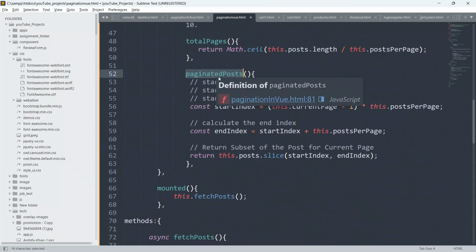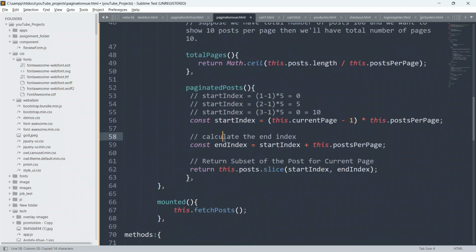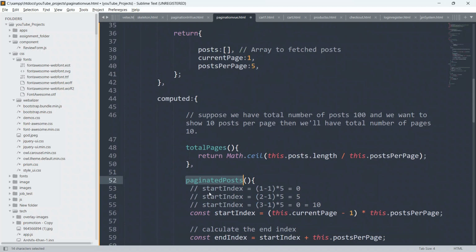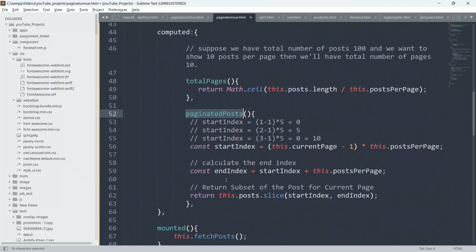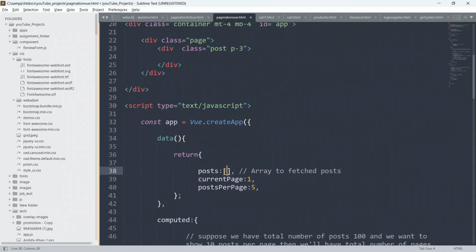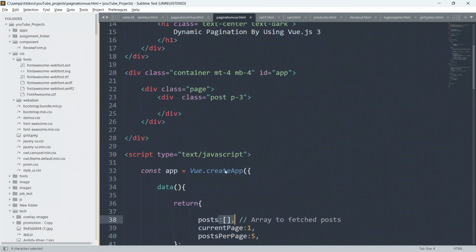Just copy it from here, because we are returning this.posts.slice with start index and end index. So we will use paginatedPost, because it is storing everything from inside this posts array.